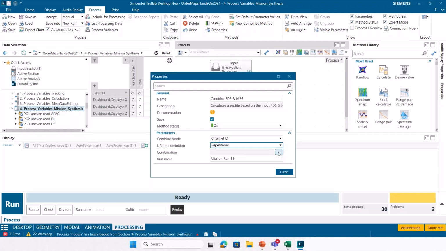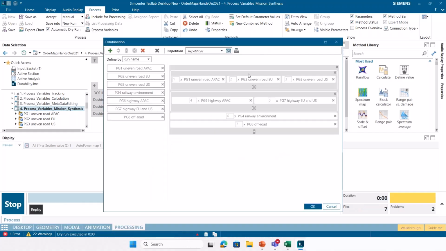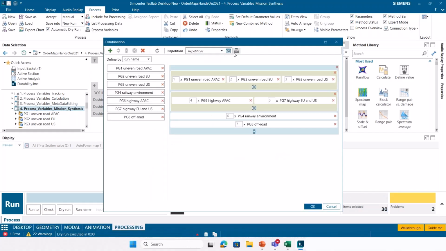I'll go over to this combination task here, and let's start by just using a manual input. The way that we had done this previously is there'd be some manual input that you would need to enter for all of these different runs for the number of repetitions that they'd undergo. Here we'll just do 100 for the rest of them for the sake of simplicity.